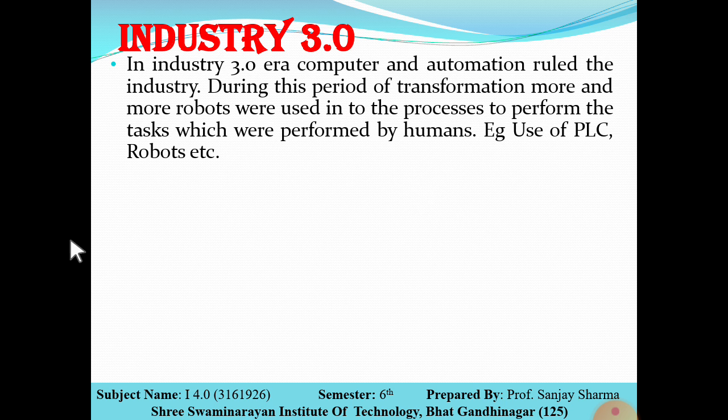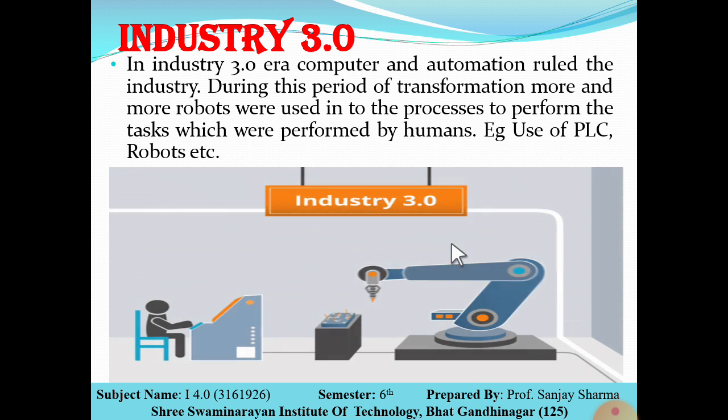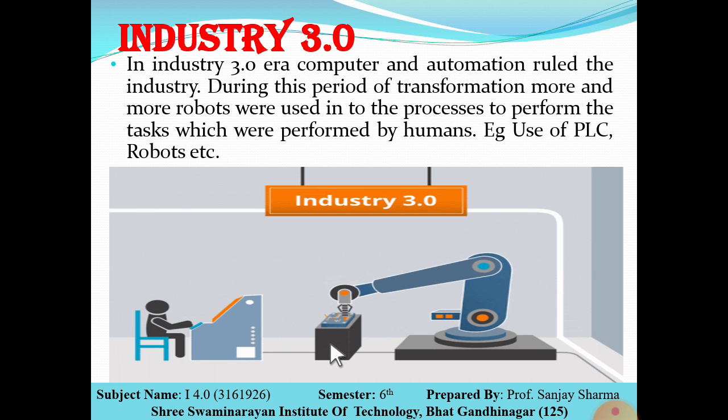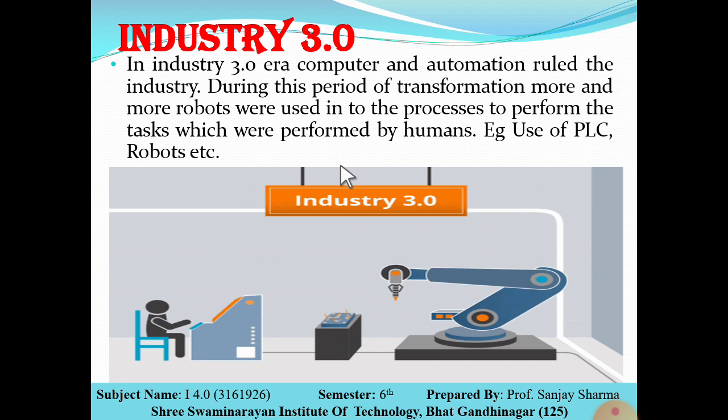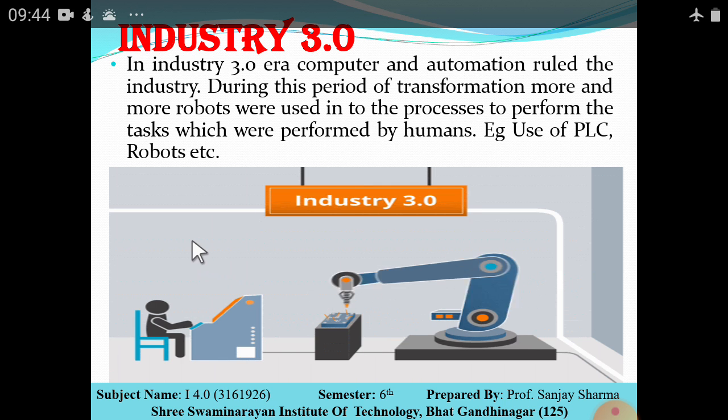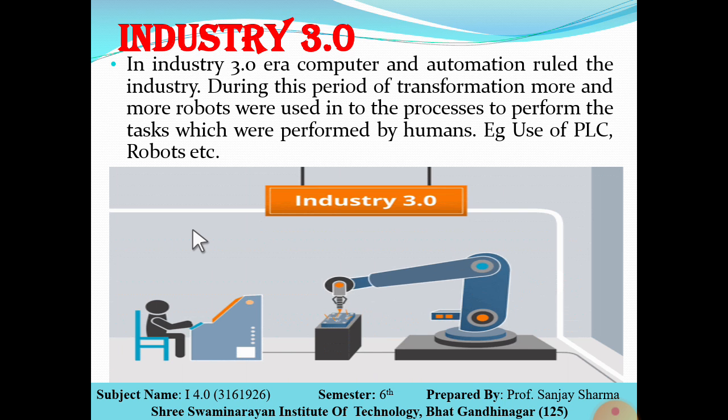You have seen in Industry 2.0 that whatever the work was done, that was manually done by the human being. But in Industry 3.0, the robots came into action, and whatever the work was there, that was done by the robot. The use of PLC, SCADA and robots. This is Industry 3.0. So in Gujarat or in India, some of the industries are still lagging to adopt, you can say, Industry 3.0.